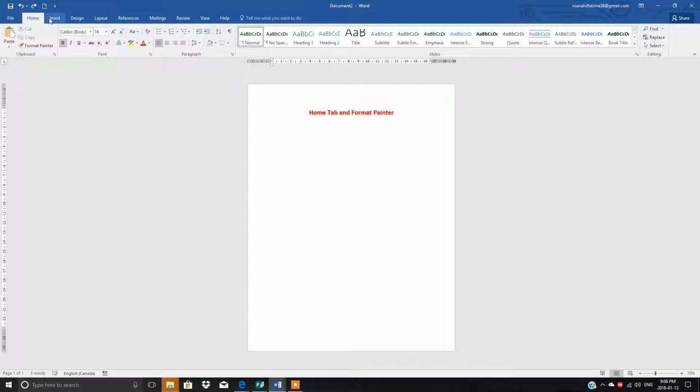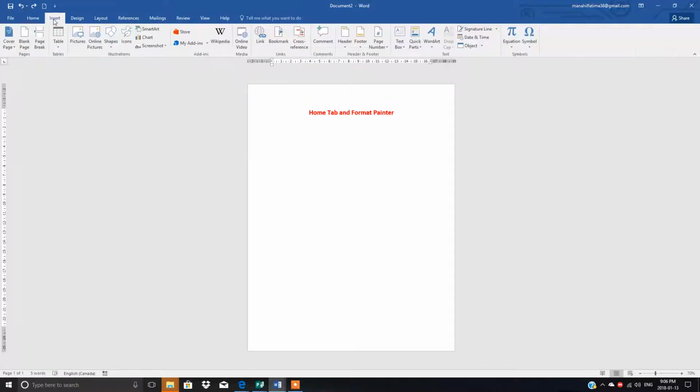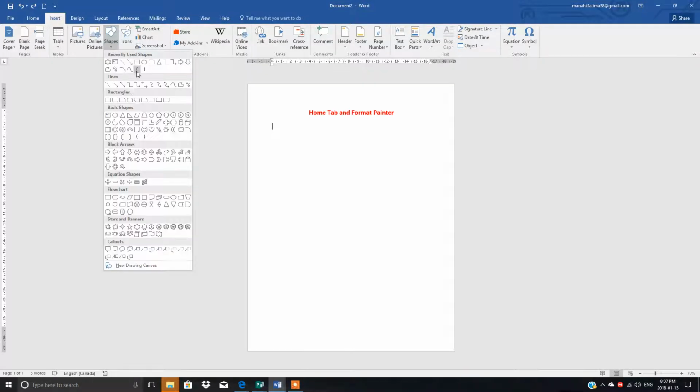So for this purpose, you have to go to the Insert tab first. You will find the shapes in the Illustrations group. So this is the Illustrations group. Open this arrow, then you will find different kinds of shapes. These are the basic shapes, lines, rectangles, and so on. You can use these shapes if you want to make a banner. Suppose you want to pick this one, or this one. It's up to you. Okay, we say 6 point star, that is fine.